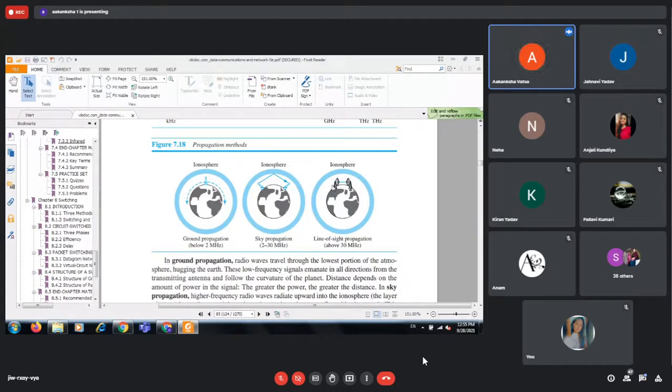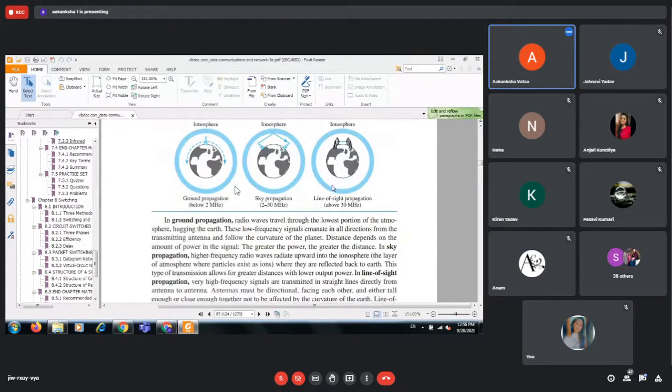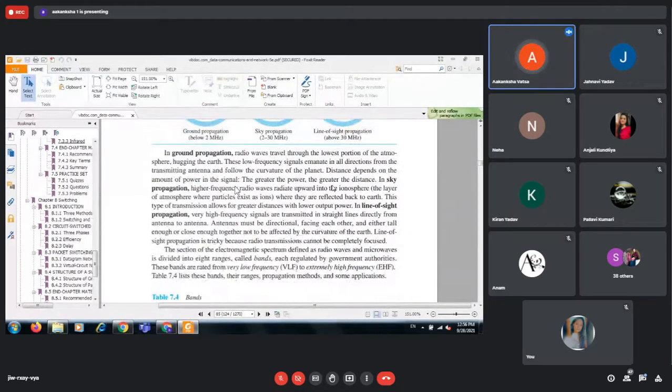So there should be alignment, and there you can use high speed data, and above 30 megahertz you can transmit. But the only restriction is there will be interference by the buildings and other physical structures if they are not in line of sight. They should be in line of sight, and they need big towers and big buildings, so that they can avoid the interference due to other physical structures which are on the ground. So these are the three types.